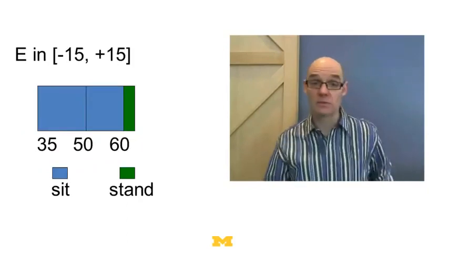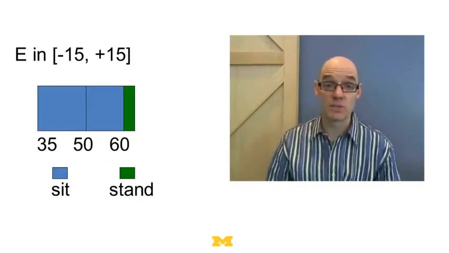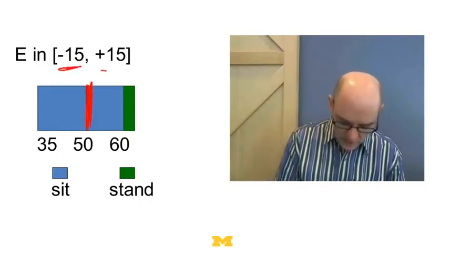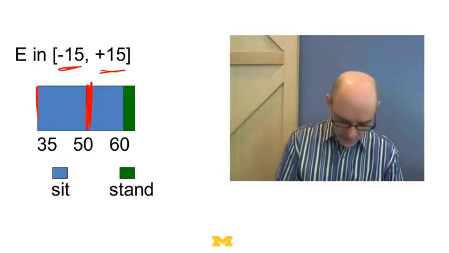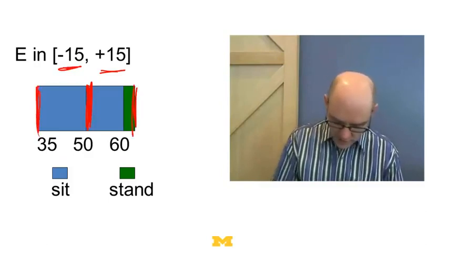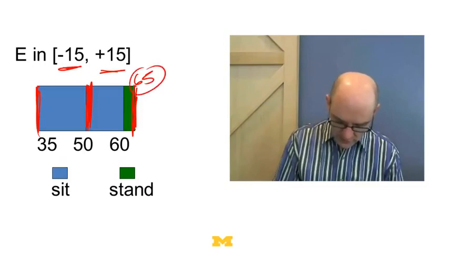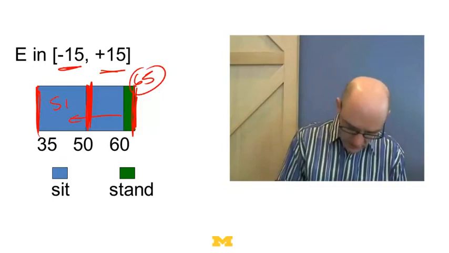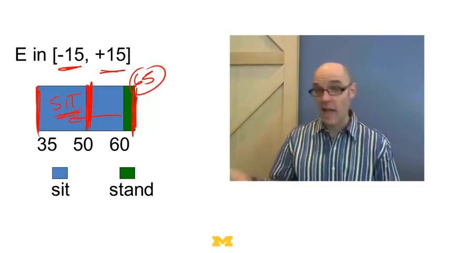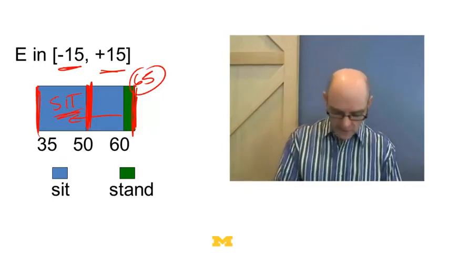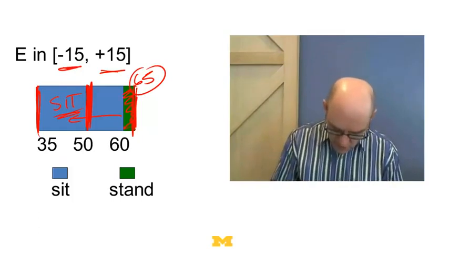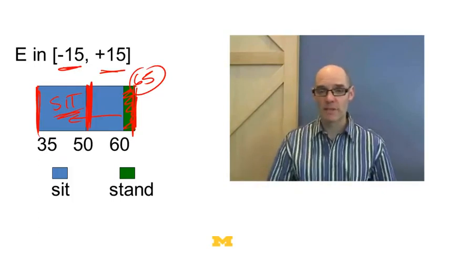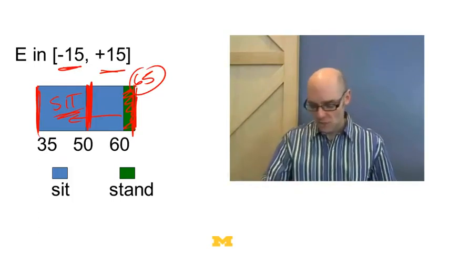Okay, so let's do a case first where the error term is really small. So it's 15. Now the mean here is 50, right? And the error term is between minus 15 and plus 15. So someone with an error of minus 15 gives it a 35, and someone with an error of plus 15 gives it a 65. So all these people below 60 are going to sit. They may clap nicely, but they're going to sit because it's below their threshold. So only this small set of people stands up. So unless X is really small, few people stand up, no standing ovation.